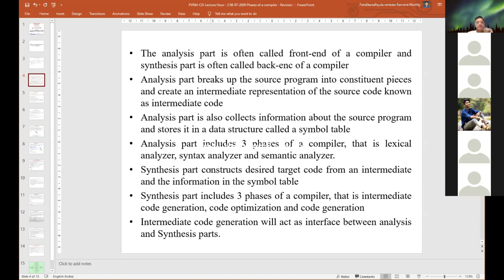So the synthesis part includes three phases of the compiler: intermediate code generation, code optimization, code generation. Till now we covered the syllabus till intermediate code generation.